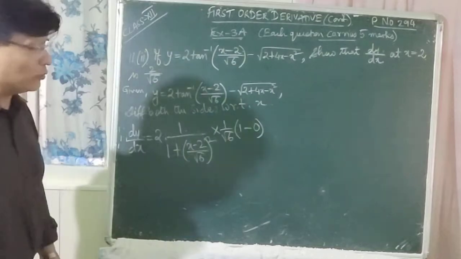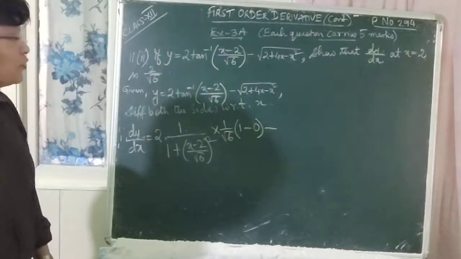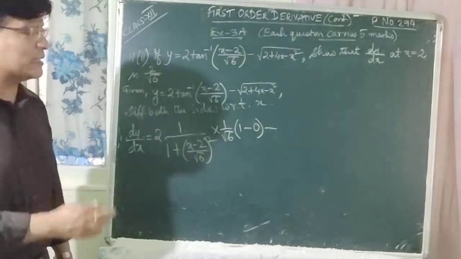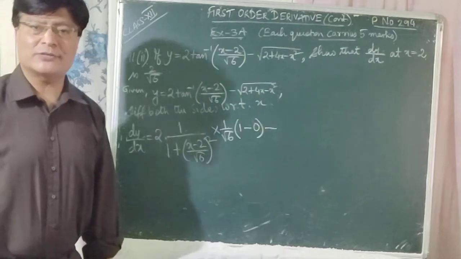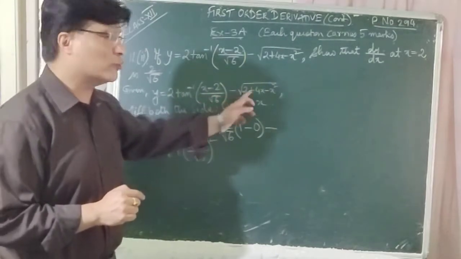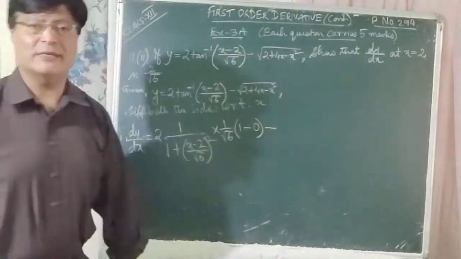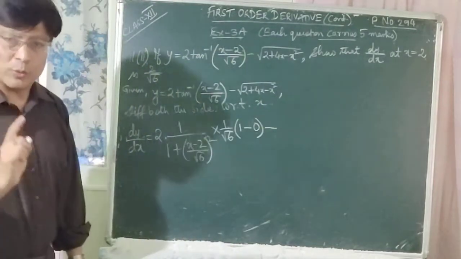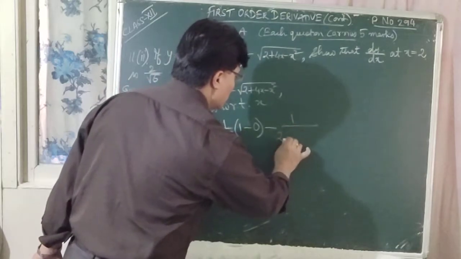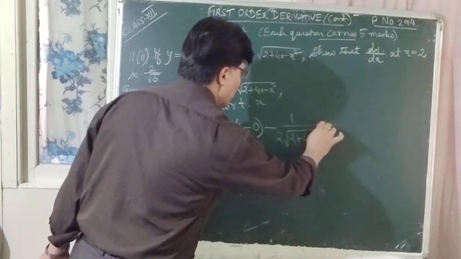It is 0. Then minus, again, you have to get the differentiation of within square root 2 plus 4x minus x square. So how can you get it? It is just like your root over x, isn't it? So you can take it as root over x. So which function is taken as x? 2 plus 4x minus x square, right? So what is the differentiation of root over x? It is 1 by 2 root over 2 plus 4x minus x square into,